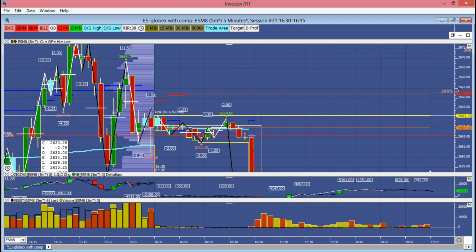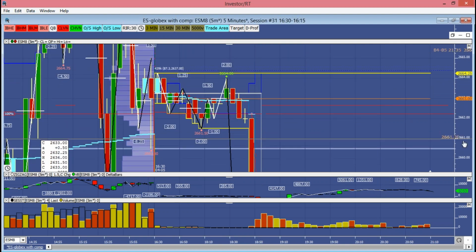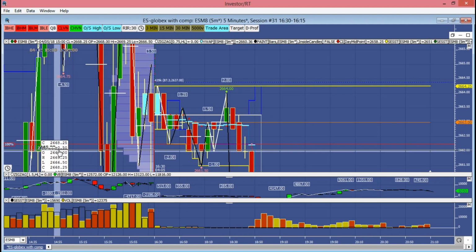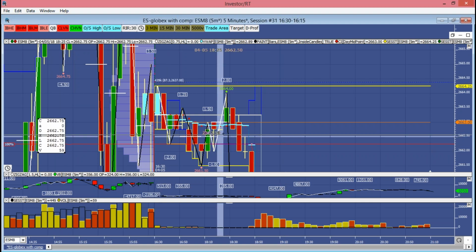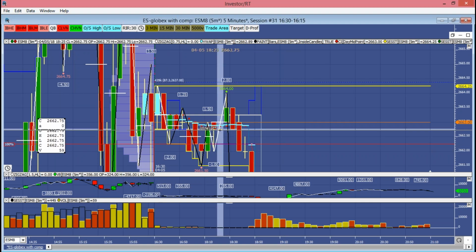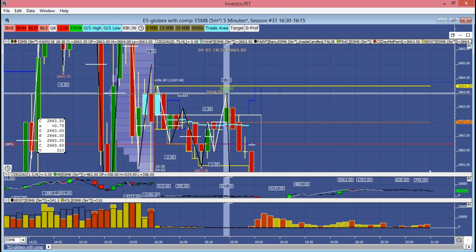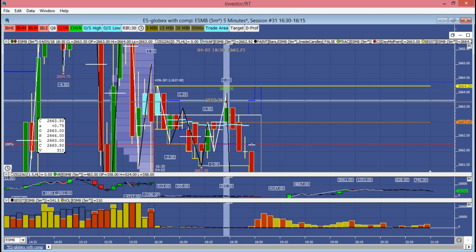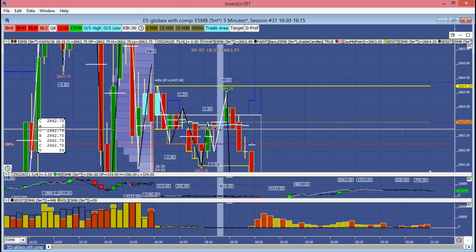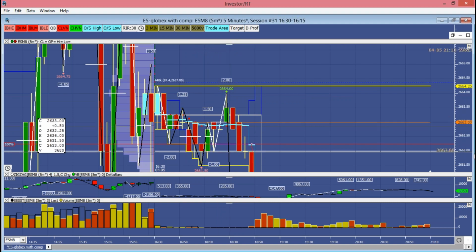See this right here? The lines are probably blocking this, but if you look at this 5-minute bar, it was a really weird bar. It didn't go anywhere for 5 minutes. The open, high, and low were all at 62.75, and then it opened up on the next 5 minutes and it spiked up to 64. I actually shorted the 63 and a quarter back towards this gap,